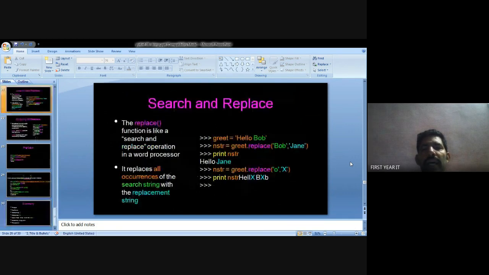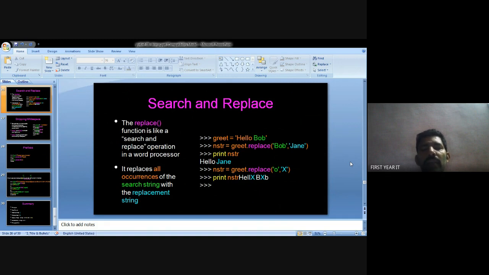Next, replace. Replace is also a string function. So greet equals hello Bob. I define another variable, nstr, equal to greet dot replace Bob, comma John. The Bob value will be changed to John, so print nstr gives hello John.